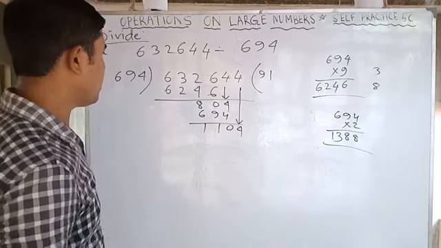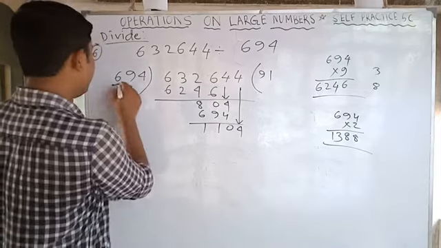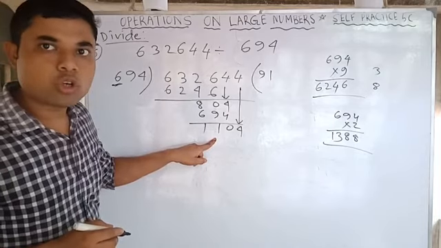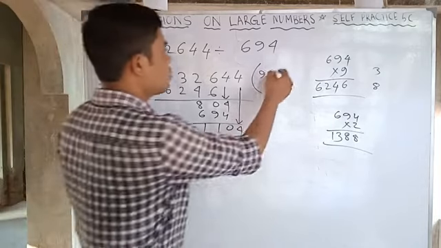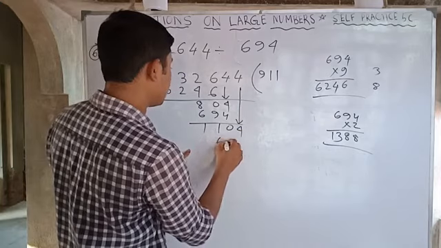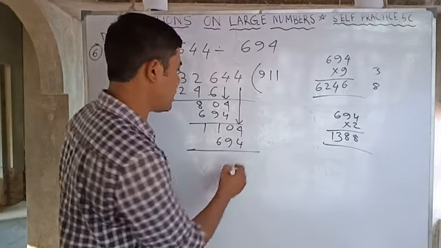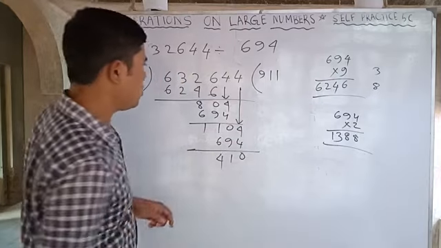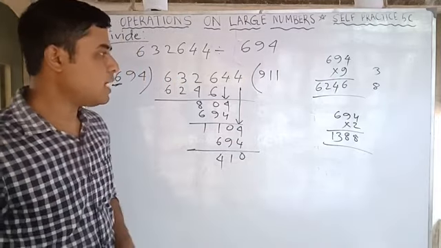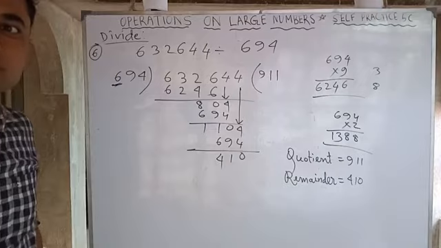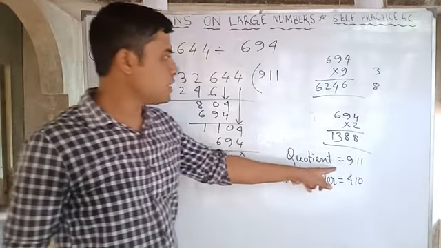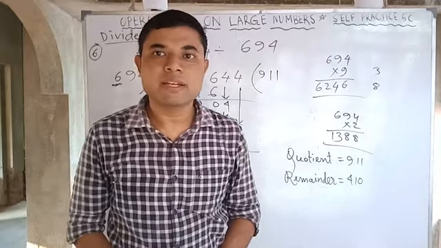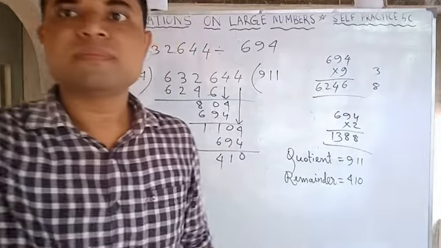Now by 4, what will it do? Look, it is 6 and it is 11. You cannot take 2 here also. So again by 1. So again by 1, 6 9 4. So if you subtract 0 1 and here it is 7, it is 4. Look, no digit here. This becomes the remainder. So you write quotient is equal to 911 and remainder is equal to 410. Is it clear, my dear student?